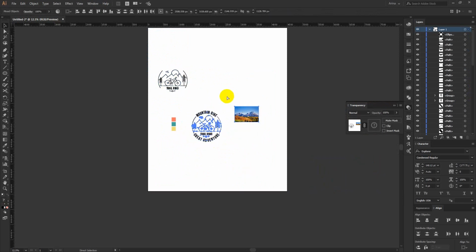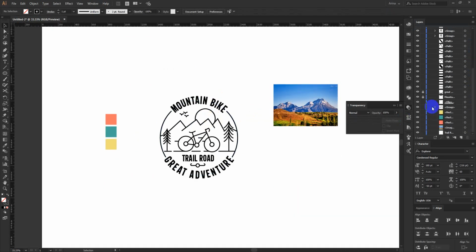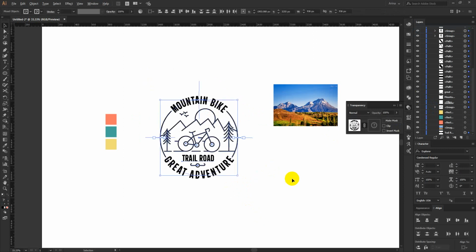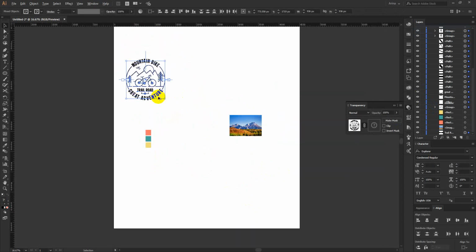Okay, as we have locked these two texts here, they are not selecting. Now unlocking them and then selecting them all, just making a copy of them.